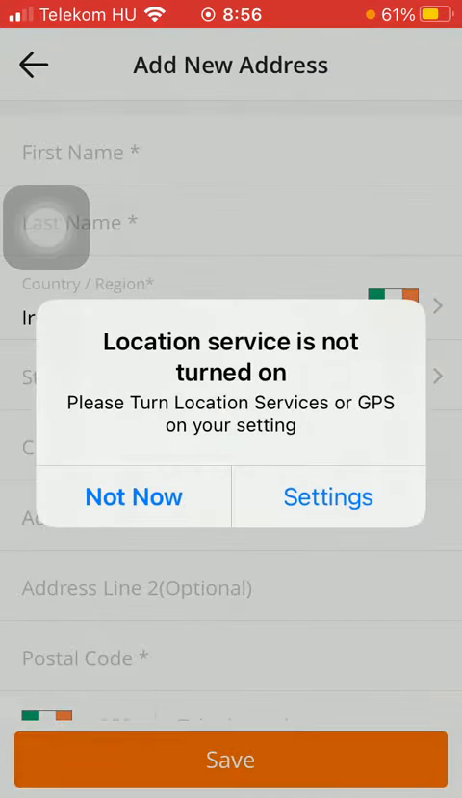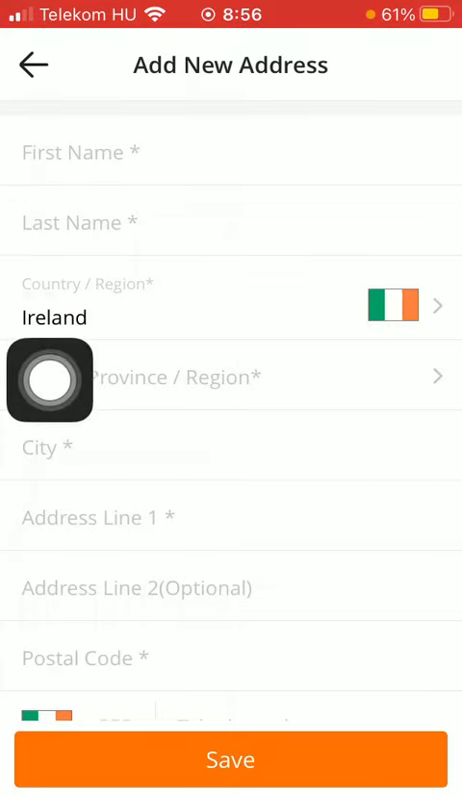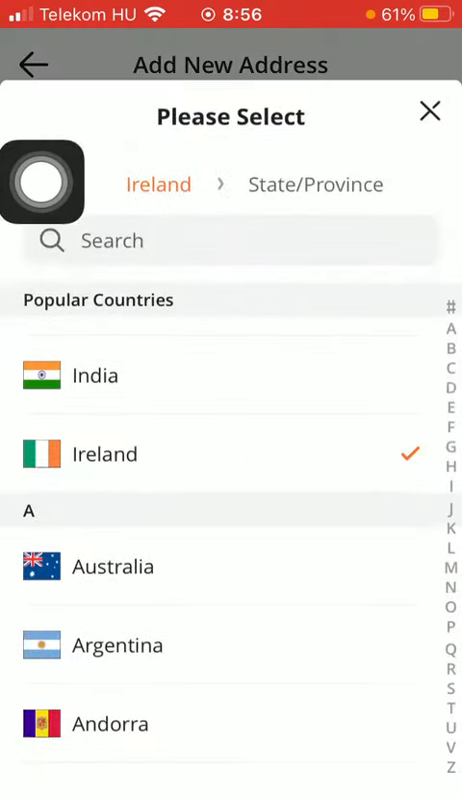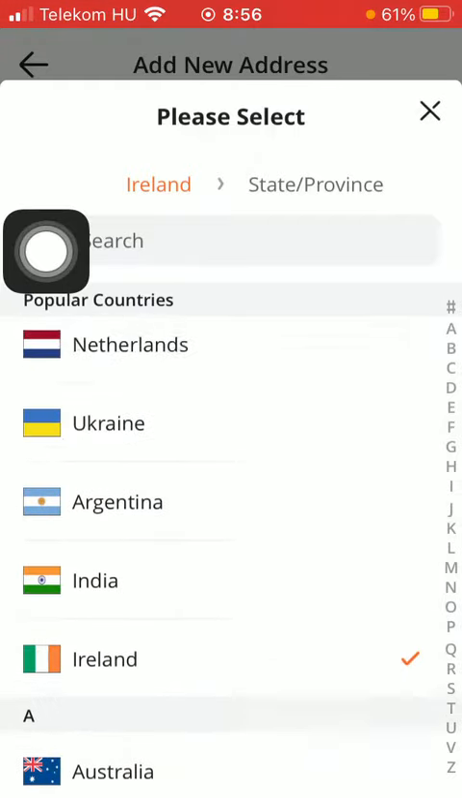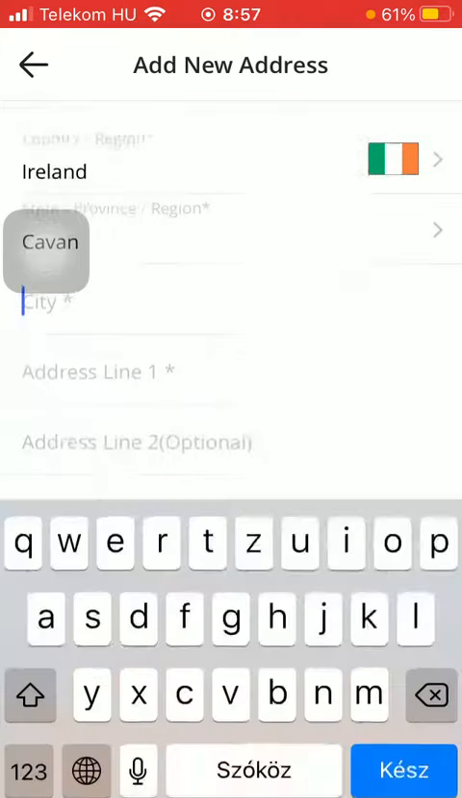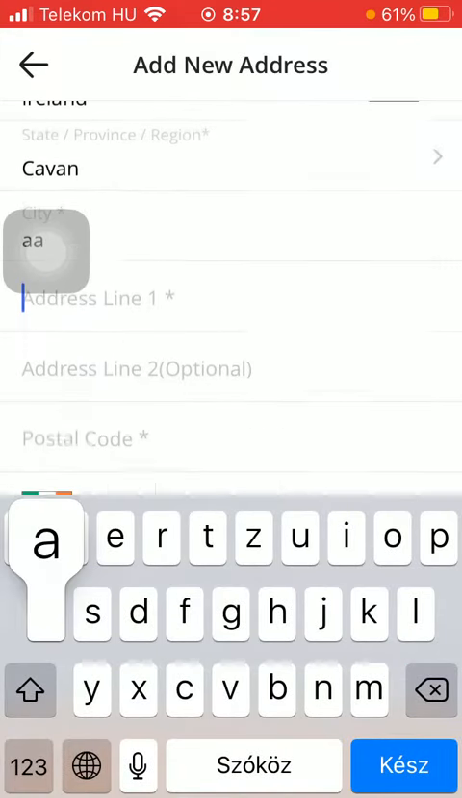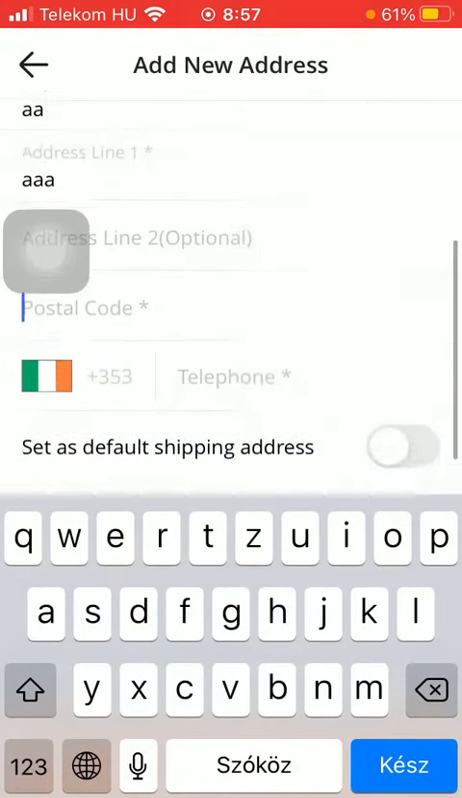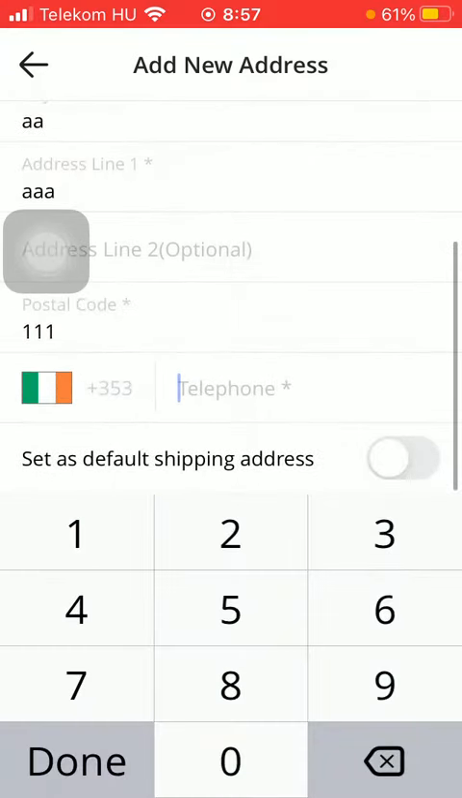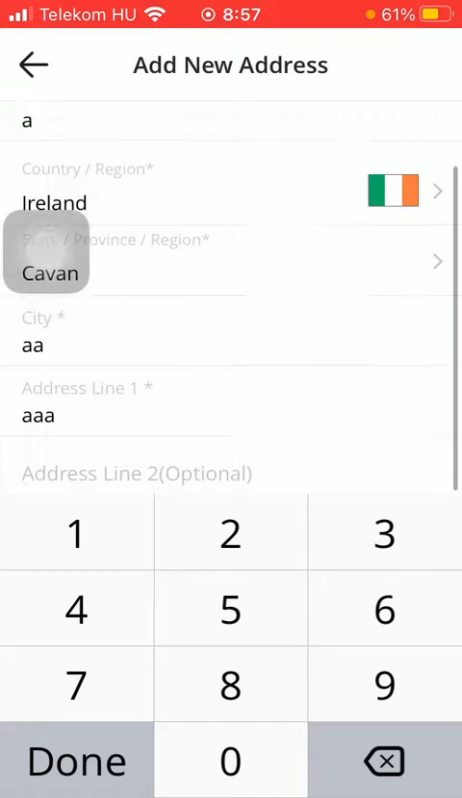And after that, you should add your first name and last name. Then your country region should be selected. After that, your state, province or region. Then your city. Then address. Type in your postal code. And then your phone number, and after that